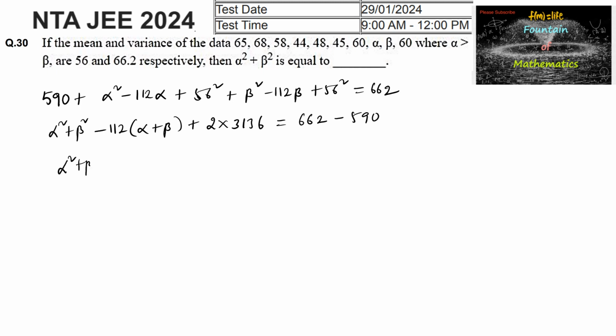Alpha square plus beta square minus 112 into, and we know that the alpha plus beta value is 112, from the mean we got it. So 112 into 112